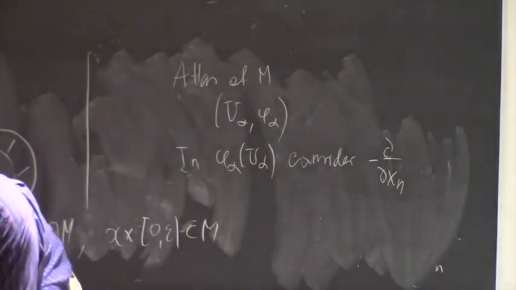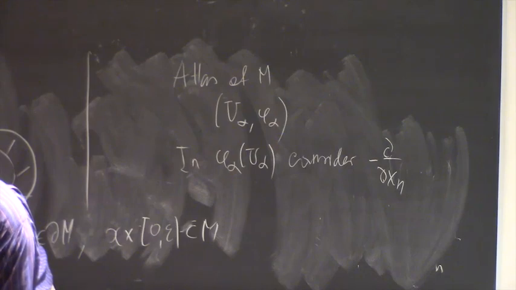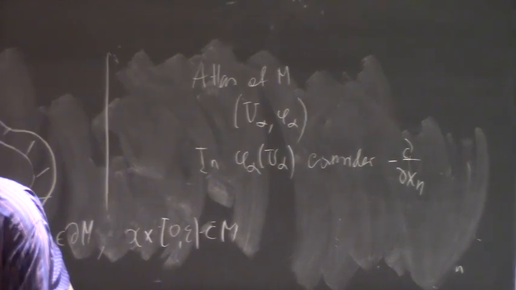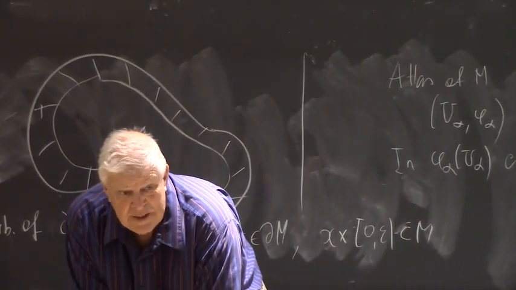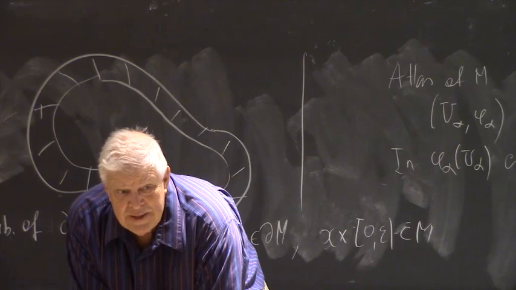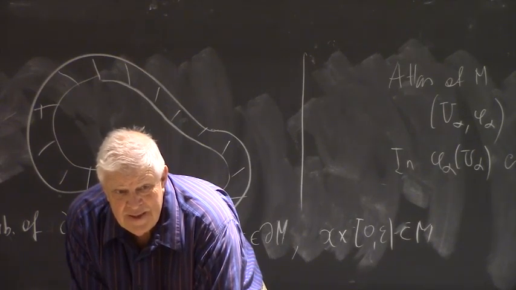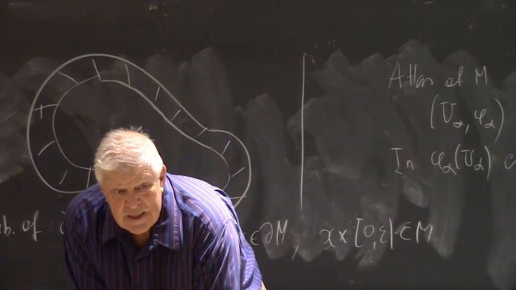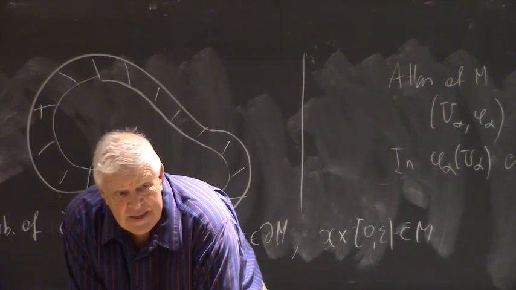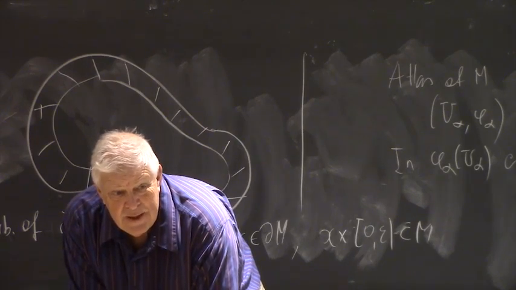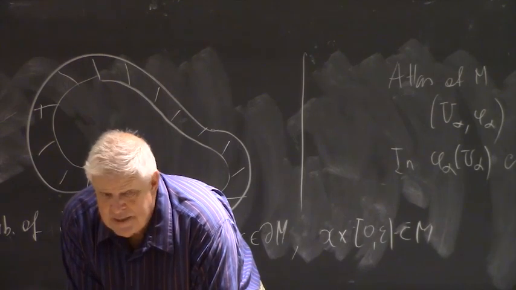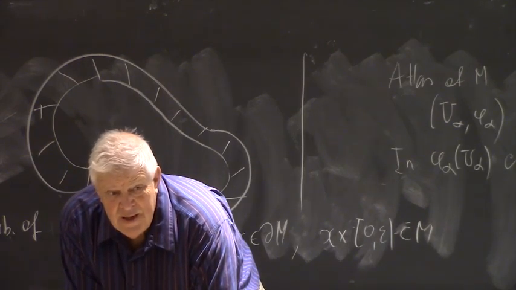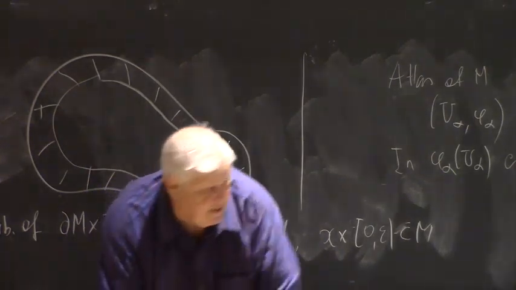So you remember, the most obvious vector field is just the partial derivatives with respect to the coordinates. Geometrically, these vectors are parallel to the last axis, directed negatively, so in the direction where the coordinate xn decreases rather than increases, and this is for every phi_alpha of U_alpha. Then I take a partition of unity